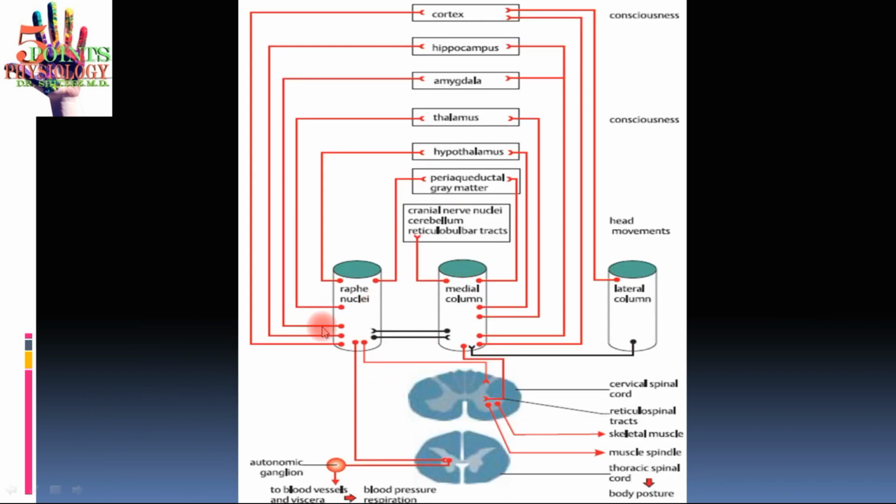We can see here the main output is coming from the raphe nucleus and the medial column, and when we consider the descending output, which we have discussed in this fourth point, the descending reticulospinal tracts are supplying the medial motor system, medial motor neurons, which are responsible for the proximal group of muscles. Apart from that, it is also responsible for autonomic outflow to the sympathetic and parasympathetic system, and for the control of respiratory and cardiovascular functions also.